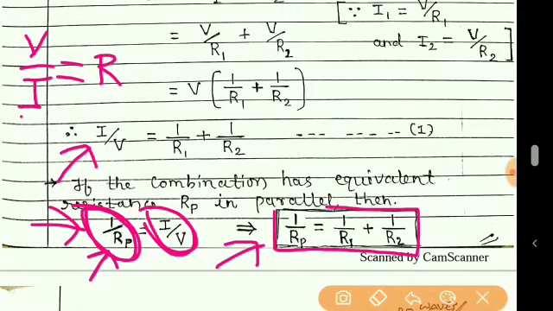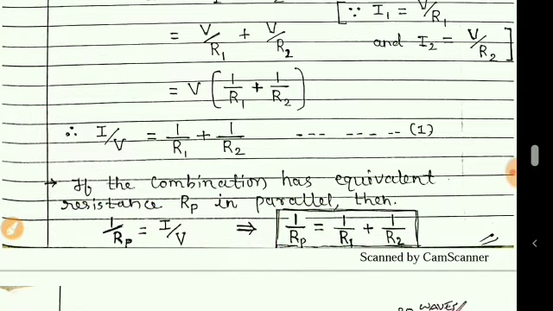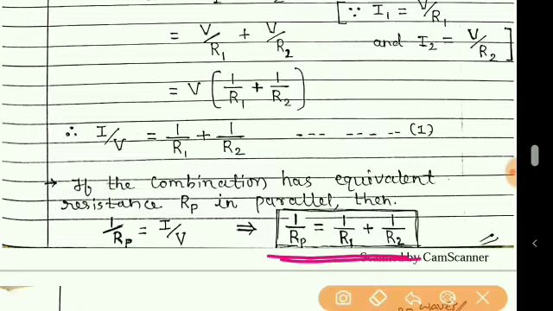for the parallel combination of resistors. In series combination, it was simply addition of the resistances. Here also it is addition only, but addition of inverses will give you a result that is also an inverse. Similarly, if there are more than two resistors, then we can write the formula in this way. We have to go on adding this type of terms.